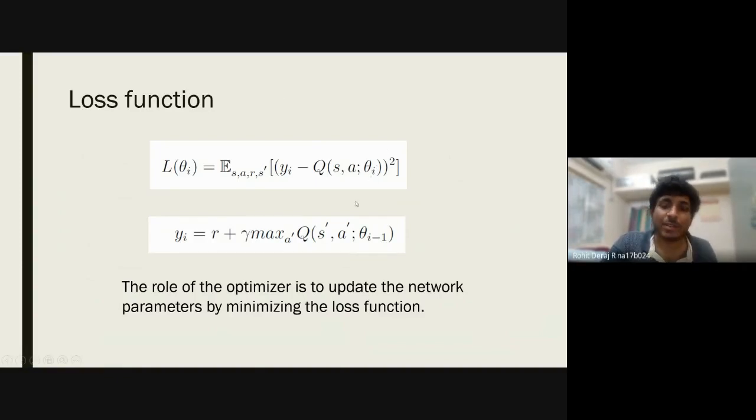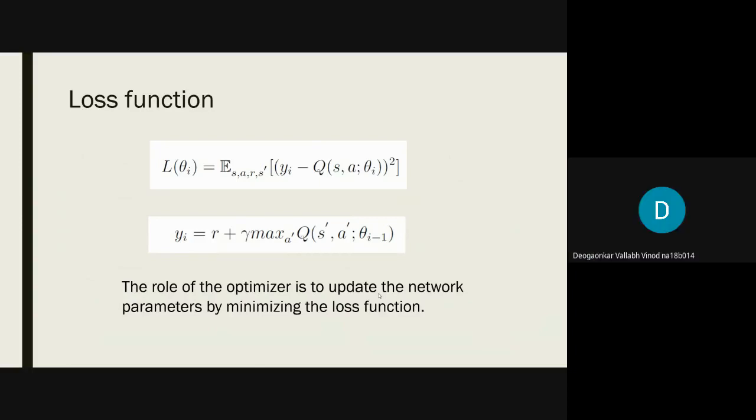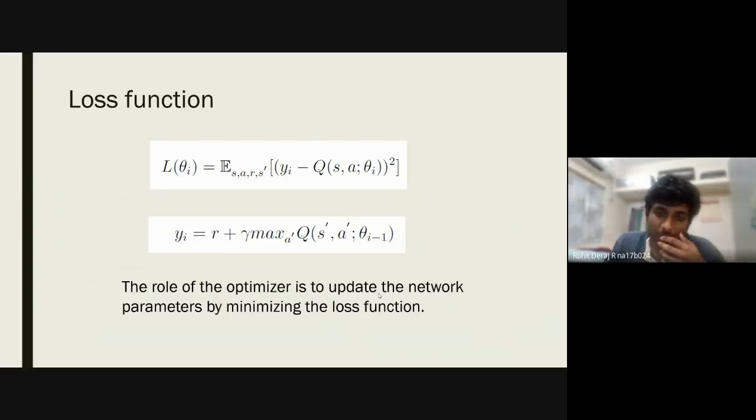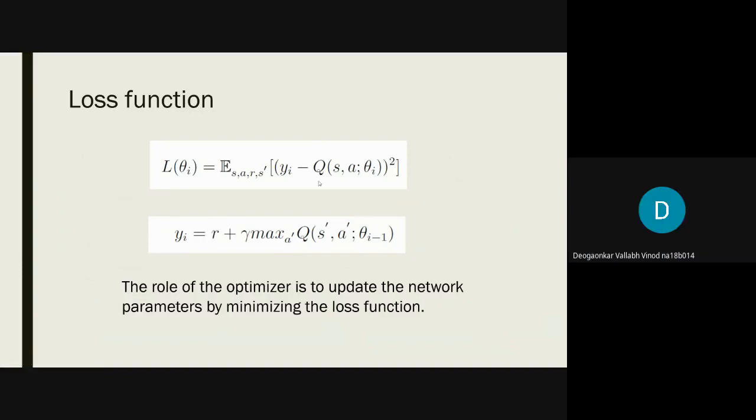Theta is the new network parameters that you're trying to find such that this loss is minimum. And theta i minus 1 is the current parameters that you are using, before updating. It's opposite in the sense that in the previous one we were subtracting the old ones. Here we are subtracting the newer ones. Yes, in the old case it was Q old. Yes, you are right. I just wanted to ask why is that the case?